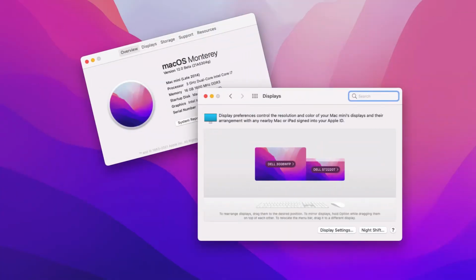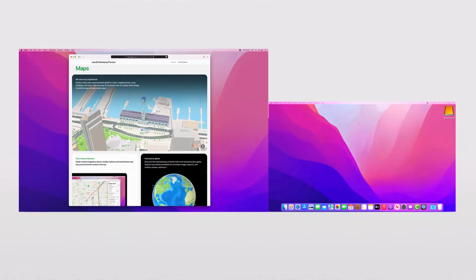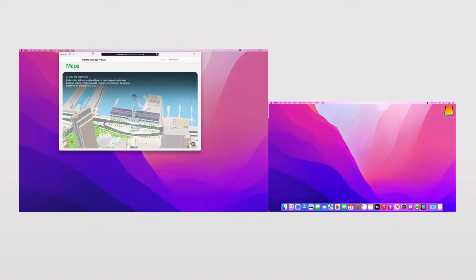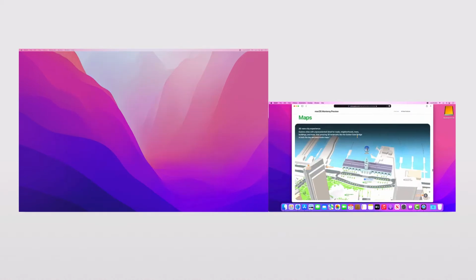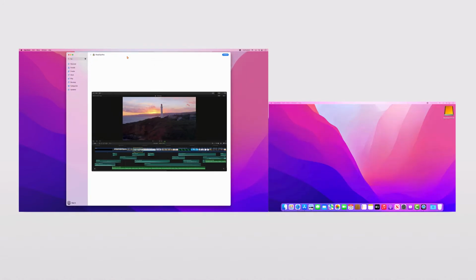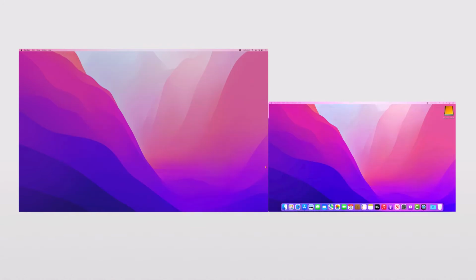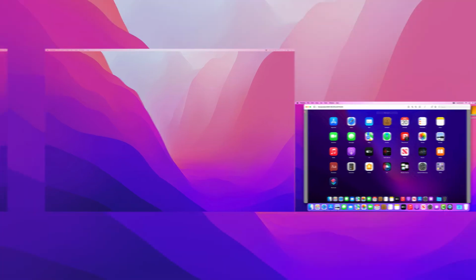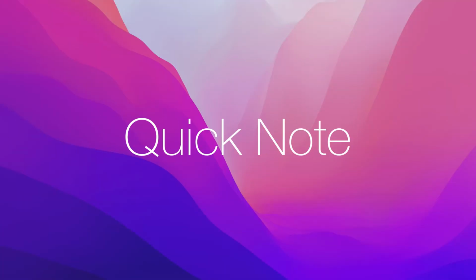Not anymore. A welcome feature in macOS Monterey is the automatic window resizing. As you can see, moving or dragging a window to a different size monitor screen or vice versa, the window is resized automatically. Nice touch. Now, let's take a look at QuickNote. As Apple puts it, QuickNote is a quick way to capture and organize your thoughts without interrupting your current workflow.